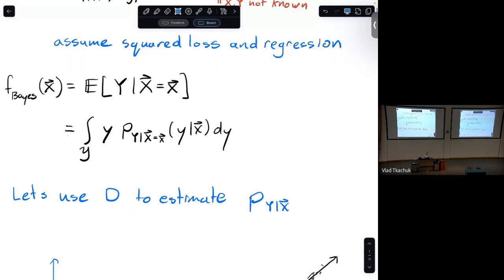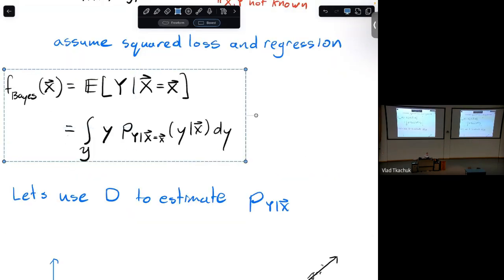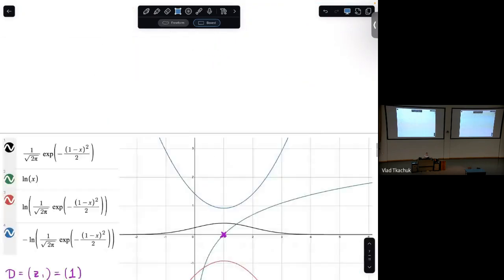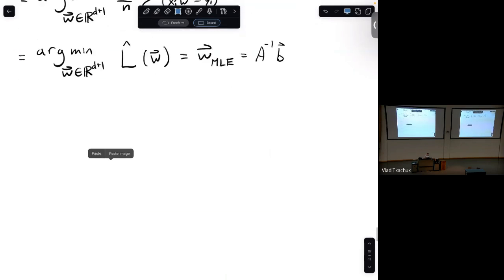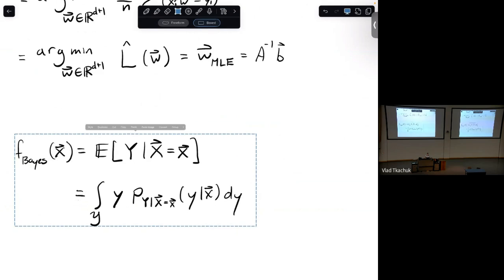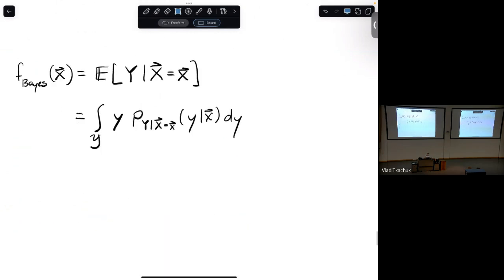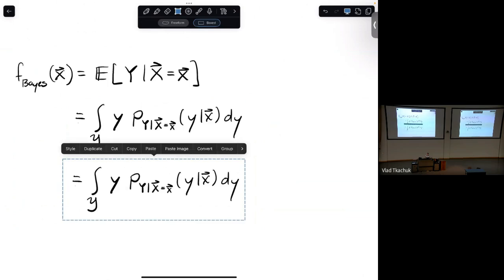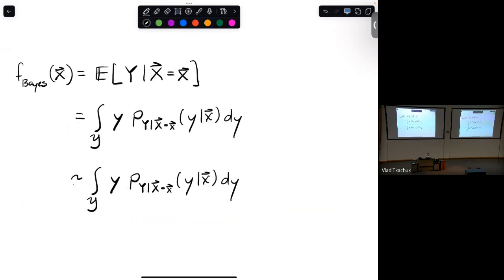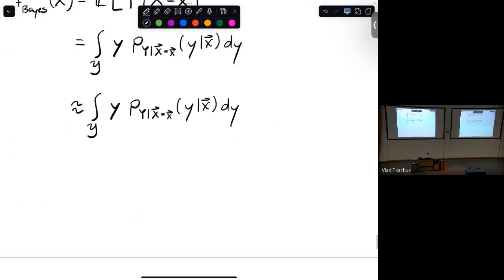So in other words, let's go back to the original objective and see how this all pans out. So we had this, and now we finally have an estimate of the thing inside the integral. We have an estimate of the PDF of y given x. So let's work out the details. Now this step is going to be our approximation step. We're going to say that this is approximately equal to